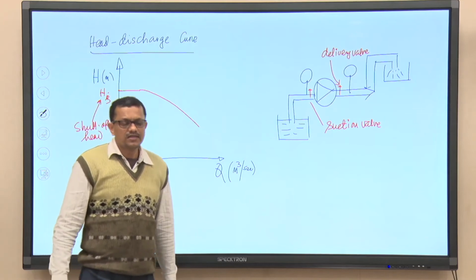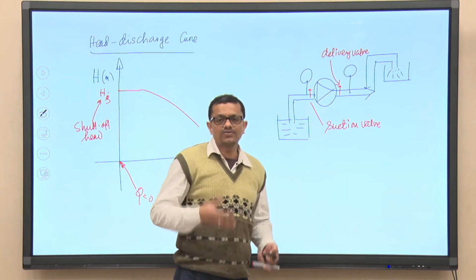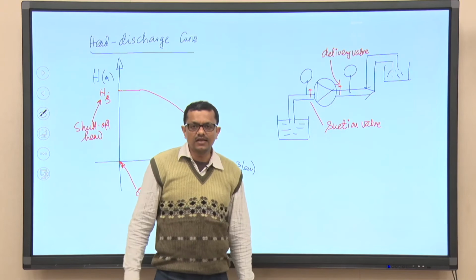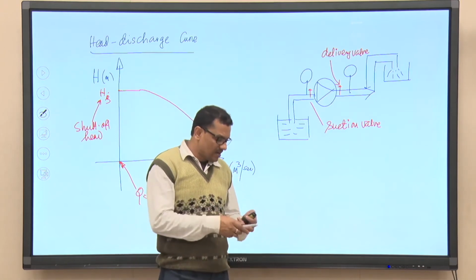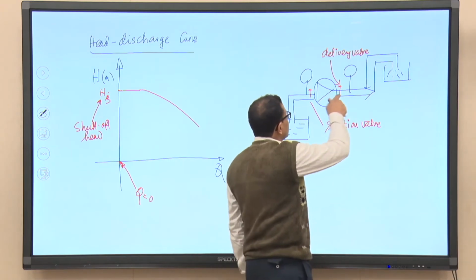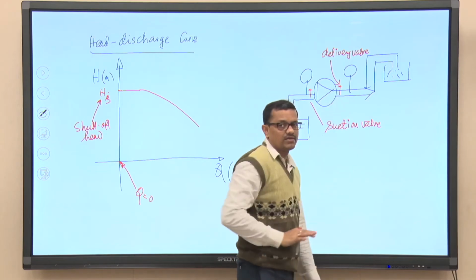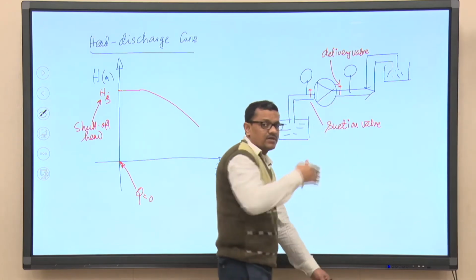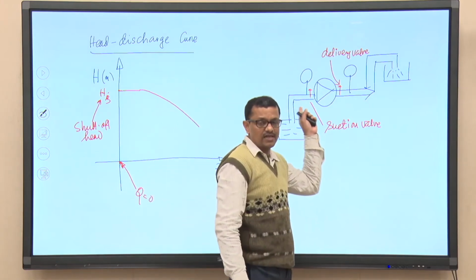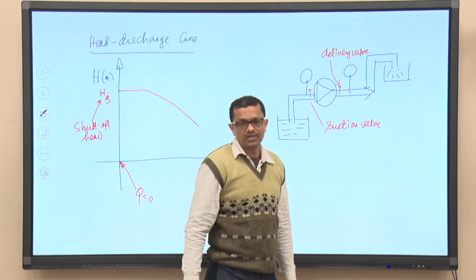Definitely, because when there is flow rate, frictional losses will be there in the delivery side, and frictional losses will be there in the suction side. Even so, that is fine, but ultimately the head developed by the pump is important at the delivery line only, because we are not bothered at this point about the head available at the suction side. That is again an important aspect that I will discuss when I discuss the net positive suction head, fine.